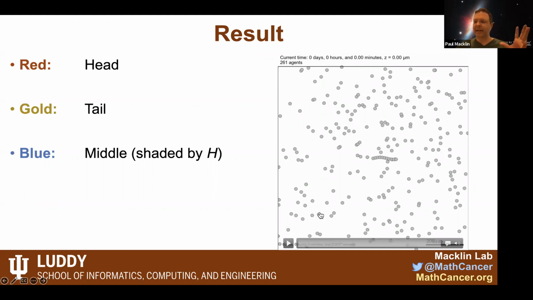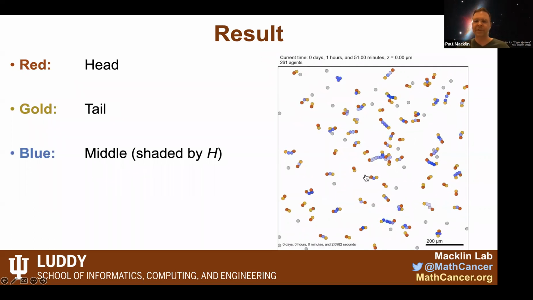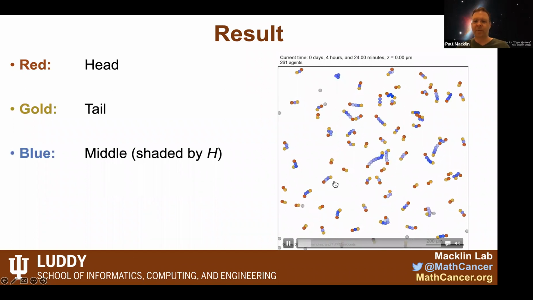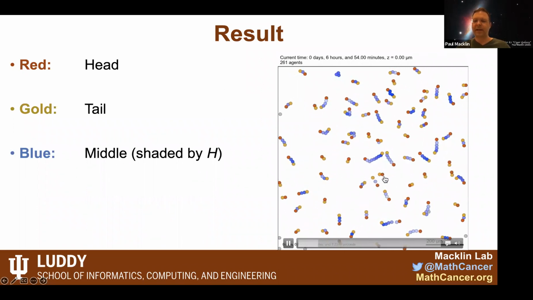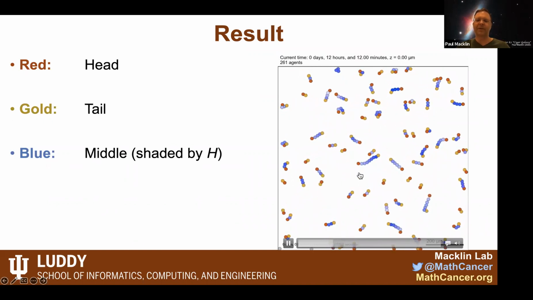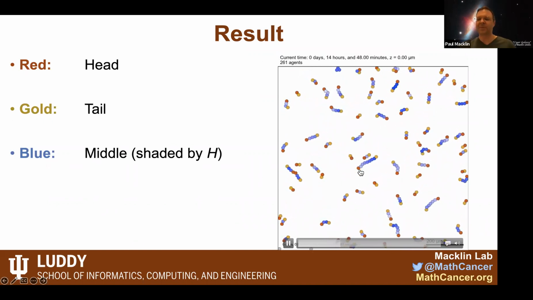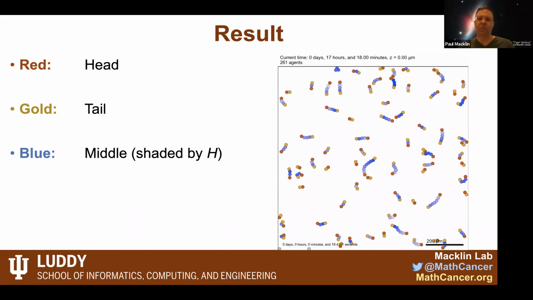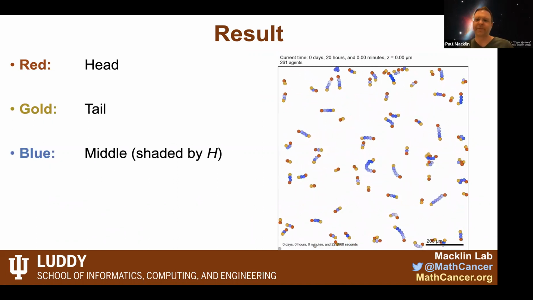And watch as they kind of form up and form specialized roles, and then the head gets to form the leader, and that steers the chain of these connected cells, these little worms. So here we see that they formed up. The other one formed up. We have a clear head and a tail. Here we have a head and tail, and the head is kind of choosing direction and pulling the rest along for the ride. And so you can get these multicellular-like organisms, these worms, that emerge from very basic individual roles,